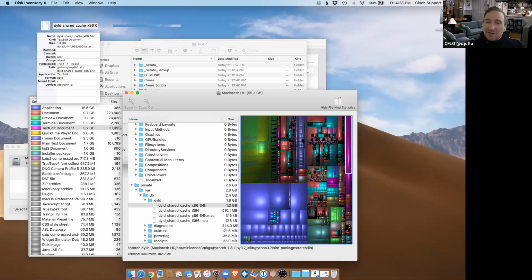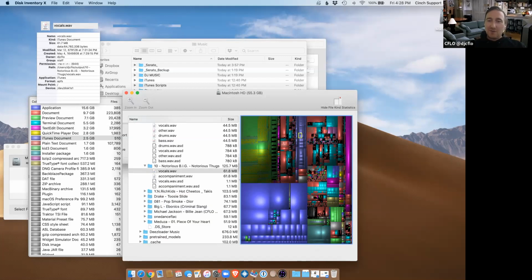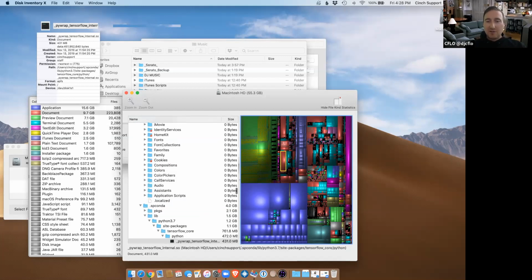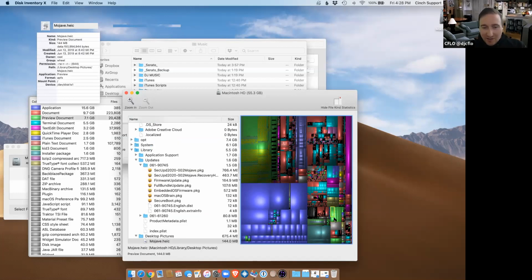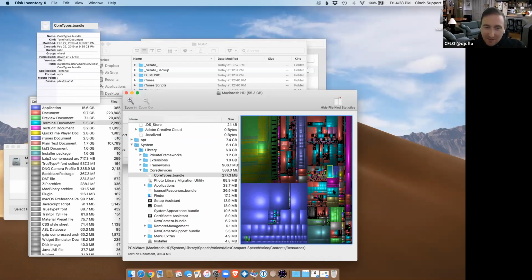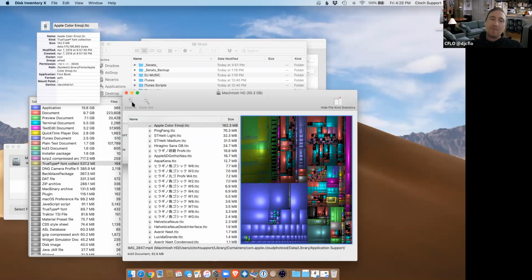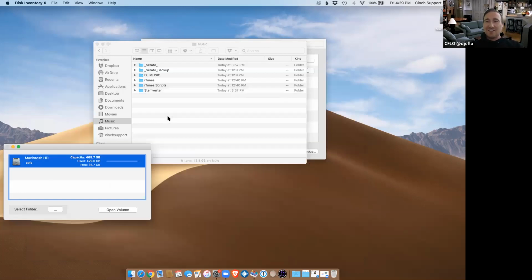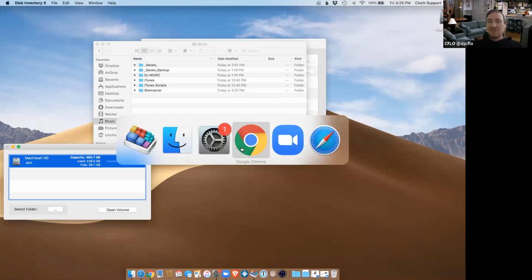But basically, I just wanted to plug this program because it really is helpful. It's very easy to understand what's going on your computer. And like I said, if there's stuff you don't recognize, I would probably not toss it out. But a lot of people will see, oh, why is this here? So that's Disk Inventory X. They had a version out for like 8 years and never updated it, and they updated it like 2 months ago. It was always super old, and they just came out with a new one. So even if you have an older computer, that's something that you can use.